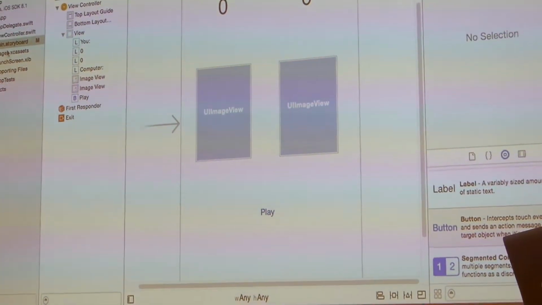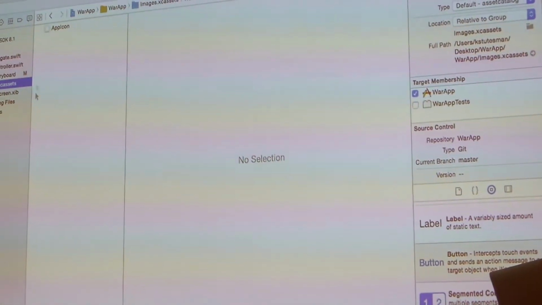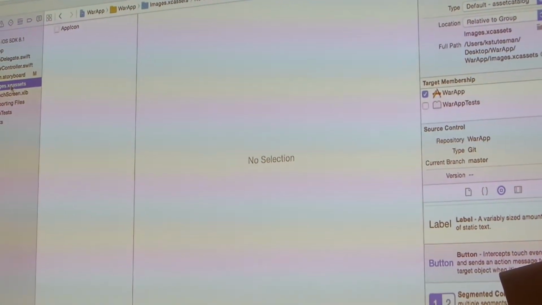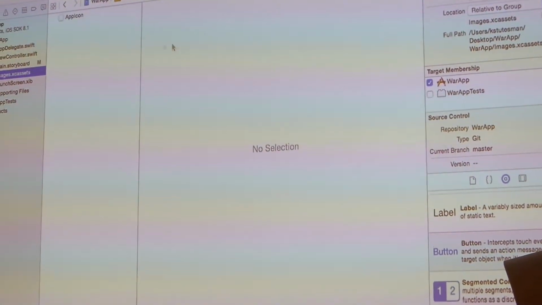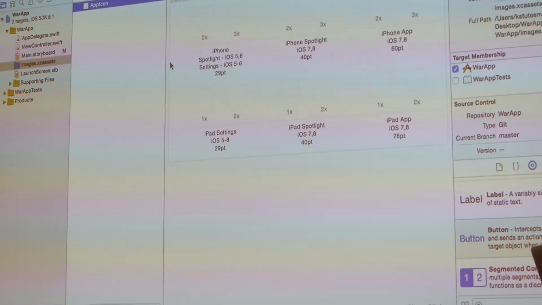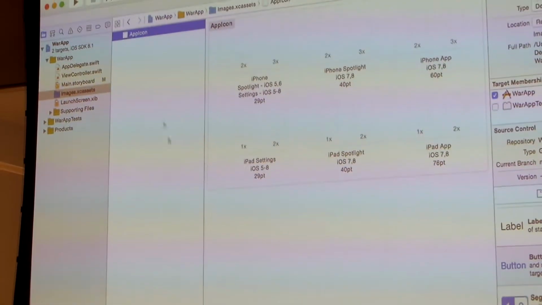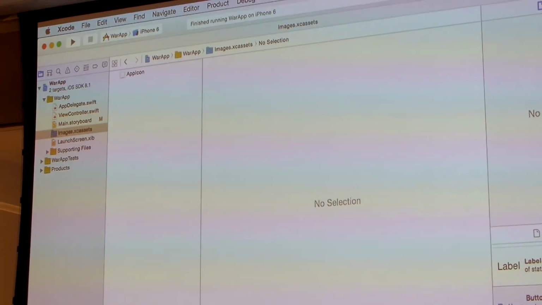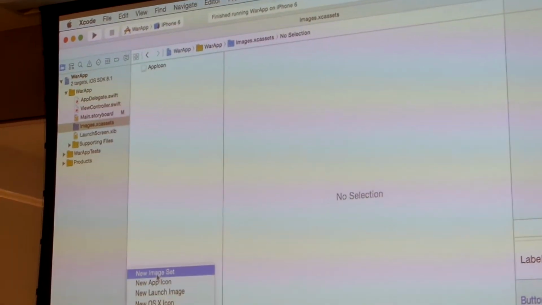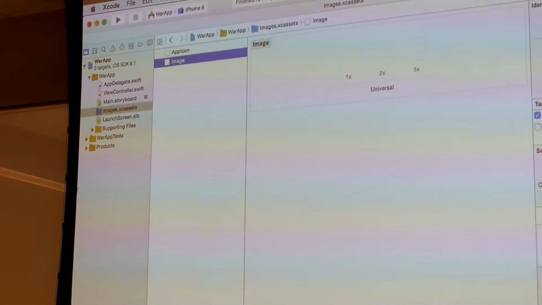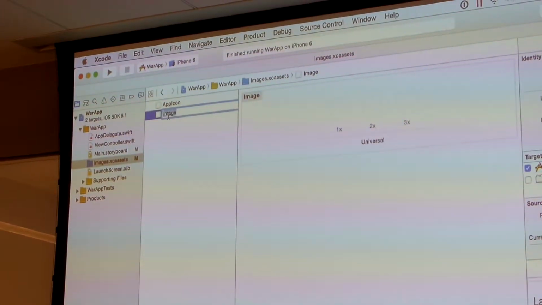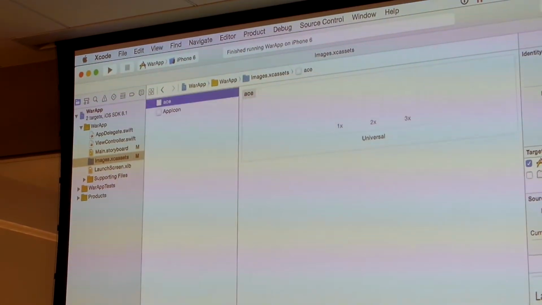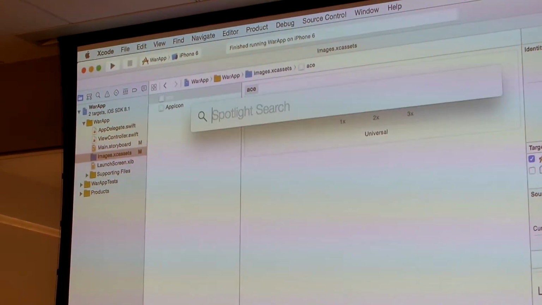So this is pretty new in Xcode 6 and iOS 8, the way you add images. You have an images XC assets folder, and if you look at this app icon, there's different sizes for all the icons. So if I were to make a new image set and call it, let's rename it up here, ACE. We'll use this for the ACE card. And then,